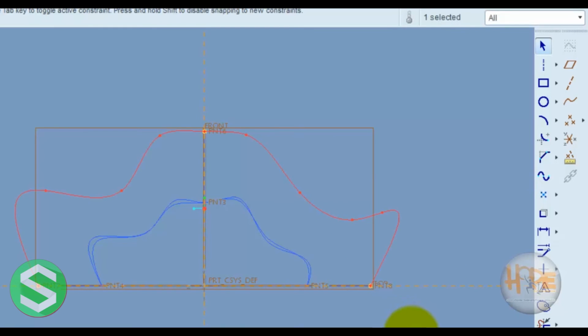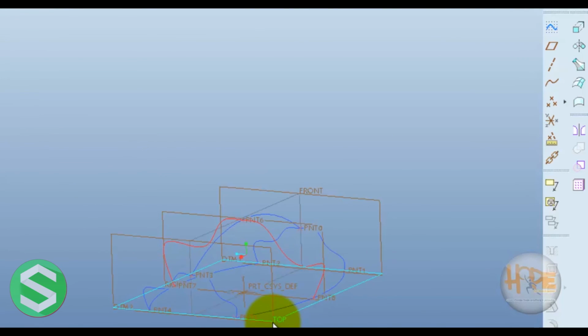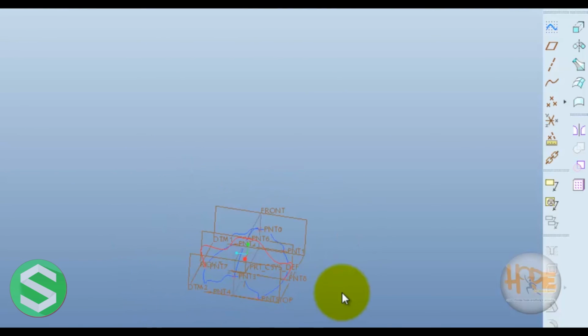Now you can see this figure. Okay, now we have drawn all the sketches.